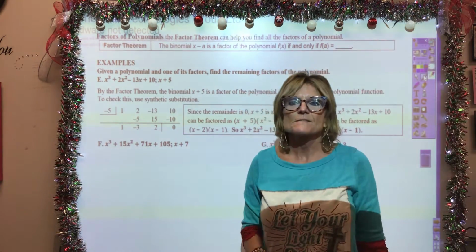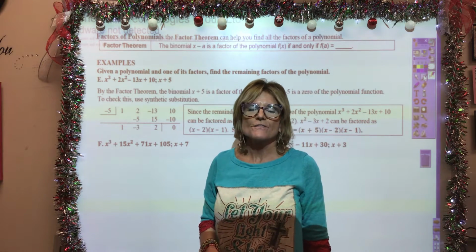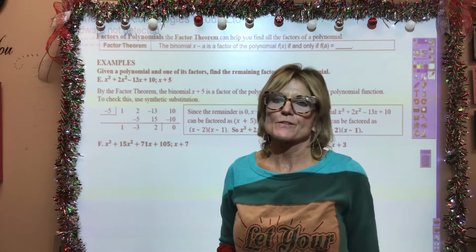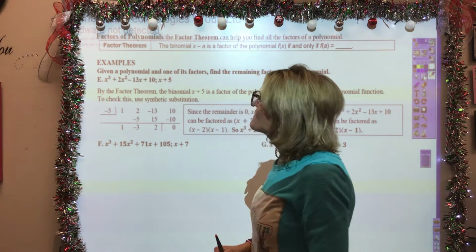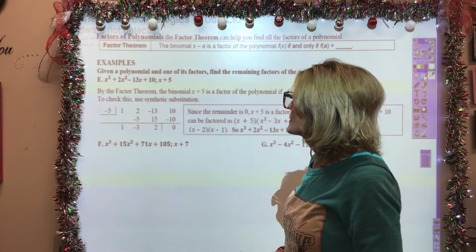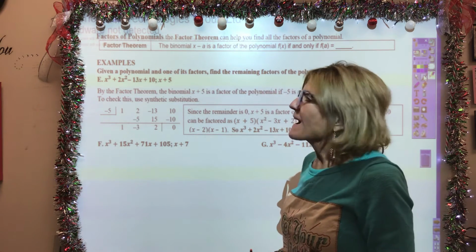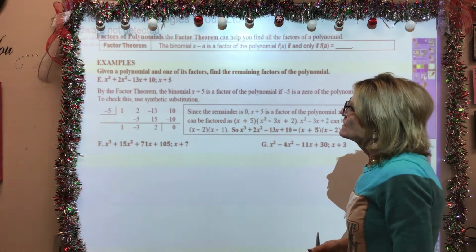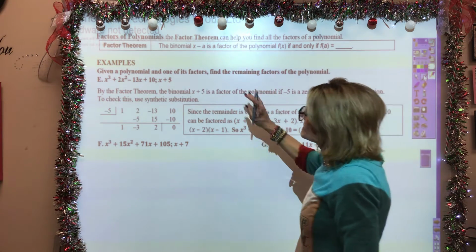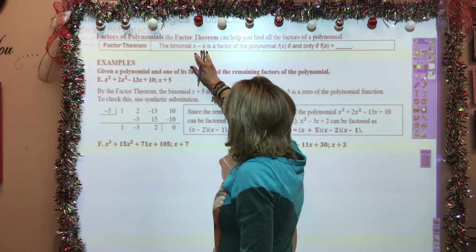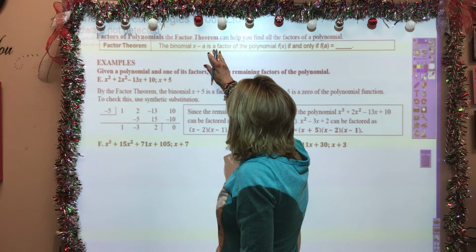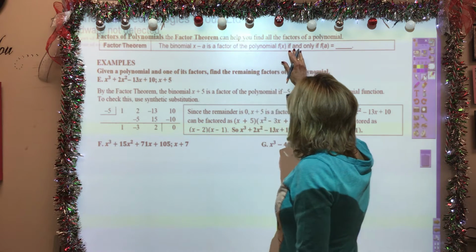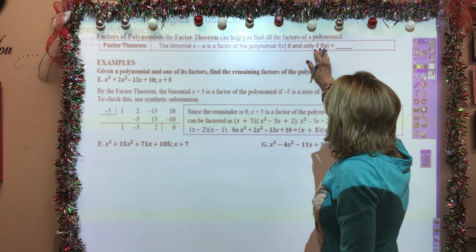This is the second page of 5.6, and today we're talking about the factor theorem. When factoring or finding the factors of polynomials, the factor theorem can help you find all the factors of a polynomial. The factor theorem is as follows. The binomial x minus a is a factor of the polynomial f of x if and only if f of